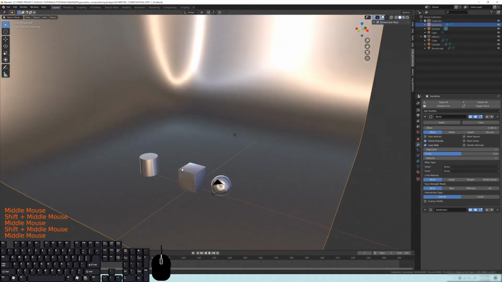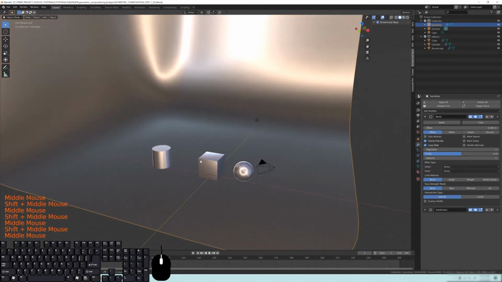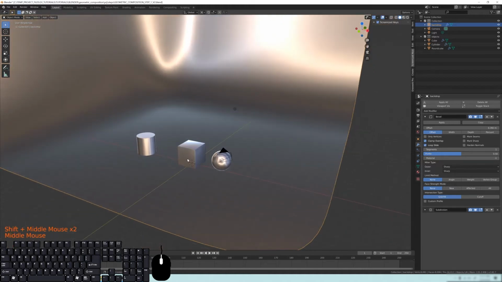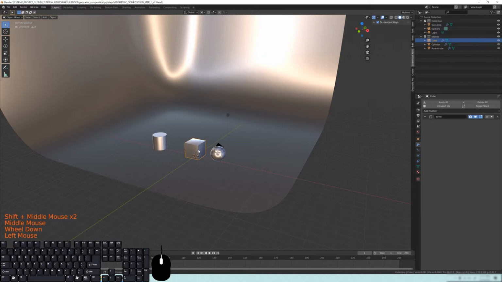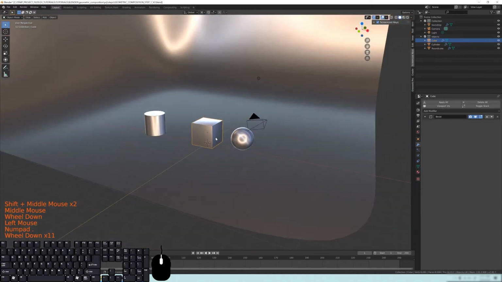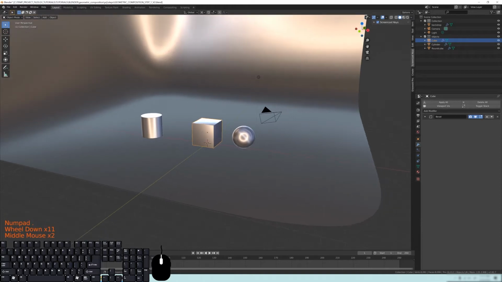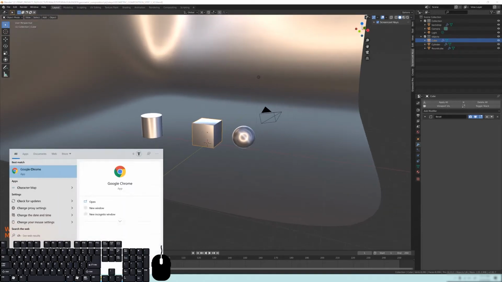So here we go. The first thing that we want to do is we actually need to know what we're doing with our scene. What do we want to do to make this look good? And really the best way to do this, especially for a beginner, is to look at what some other people have done. There's multiple ways you can do this, but let's do this the easiest way possible. We're just going to open up our